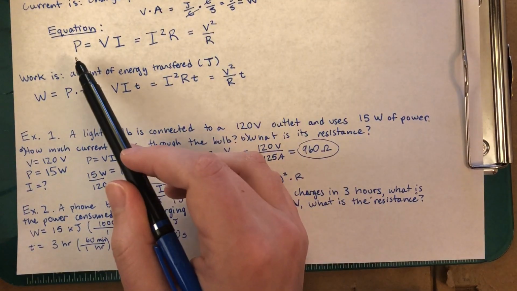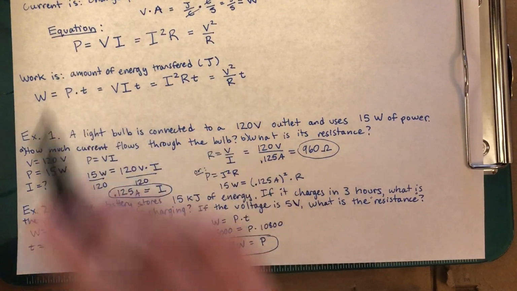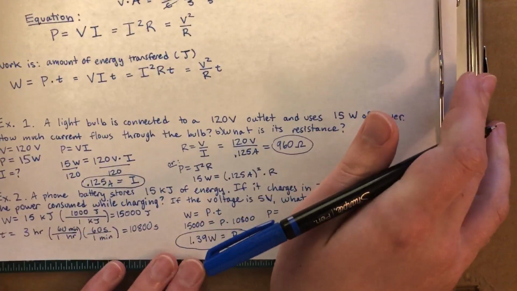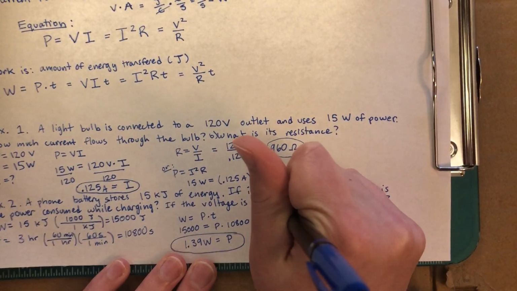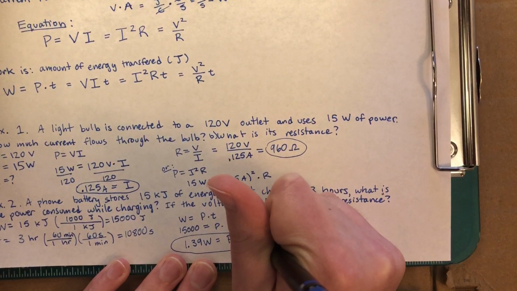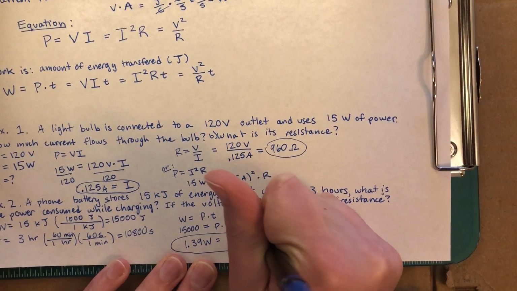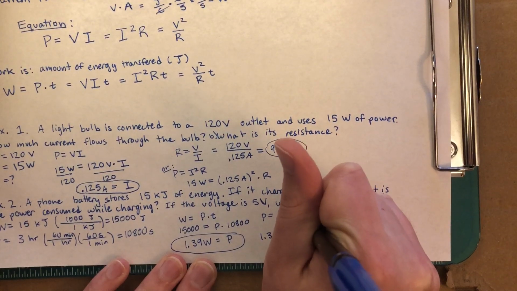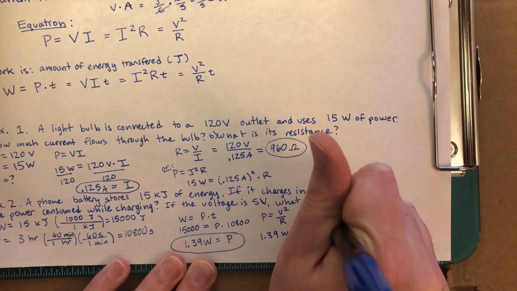So the equation that relates those three things is P equals V squared over R. Our power is 1.39 watts equals 5 volts squared